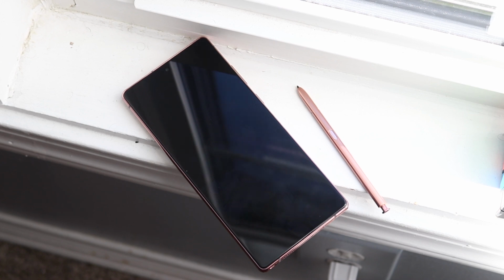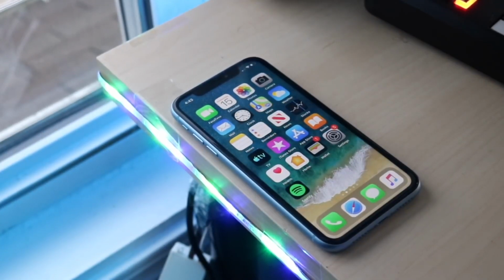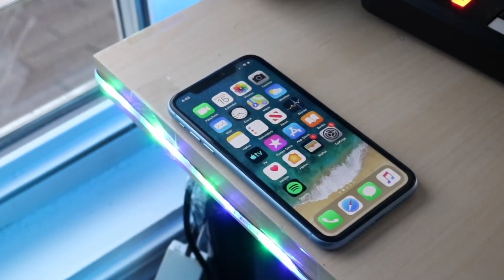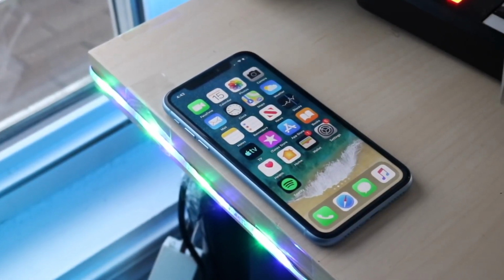Now, starting off with the panels on both, and starting off with the iPhone XR since it's the older one, this phone has that 6.1 inch Liquid Retina IPS panel. It's 828 by 1792, and it's not a bad panel at all. You know what I mean? It has True Tone on it. You have Force Touch, not really as the long press touch, but I've always found it to be a pretty